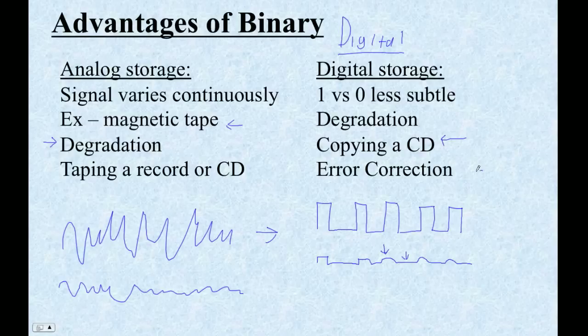Okay. The other thing that's kind of cool is that CDs, especially DVDs, and I'm sure Blu-rays as well, have these error correction schemes in them where they store the information redundantly. And if there ever is a read error, there are ways to actually correct that and sort of get back on your feet.